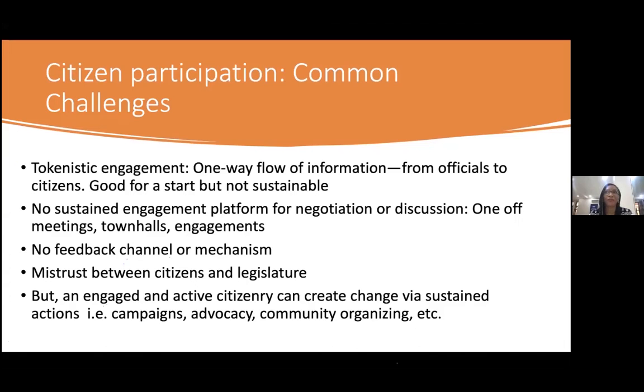But a lot of times, you can have government agencies, or committees or legislators or legislatures, just putting out information, but it's one way. It's just going in one direction, just telling you, okay, this is what's happening. We're doing this. We're starting e-voting tomorrow. We're passing that bill tomorrow. We're having a public hearing. I'm sure a lot of us will see adverts for public hearings on the TV. We hear it on the radio. That's one-way information flow. It's a very good and important starting point, but that should not be the ultimate